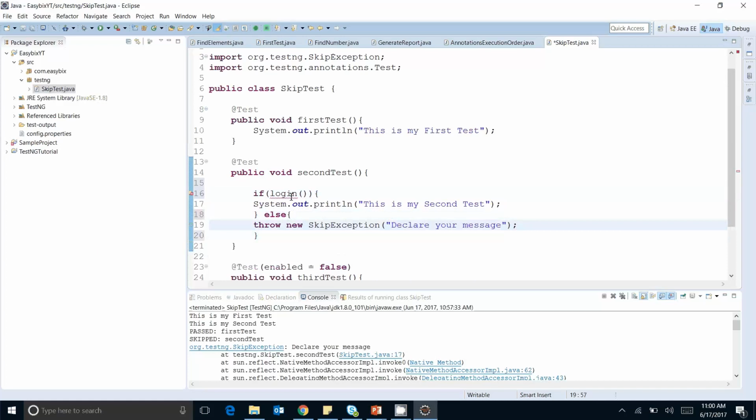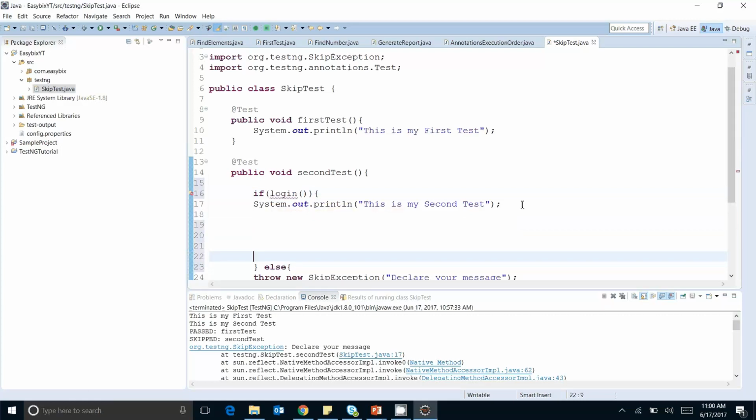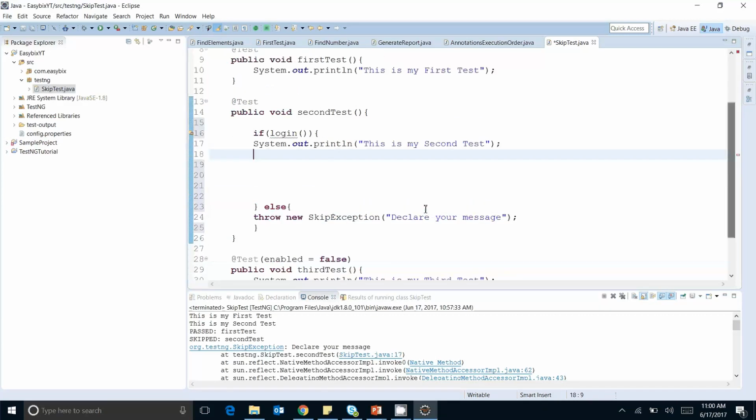If the login is successful, then it is returning true. If the login is unsuccessful, then it is returning false. And we have designed our test case in a way that if login is successful, then execute all the test steps written inside the if clause. Else throw the skip exception and skip the test case.